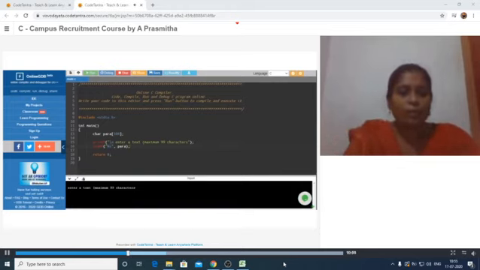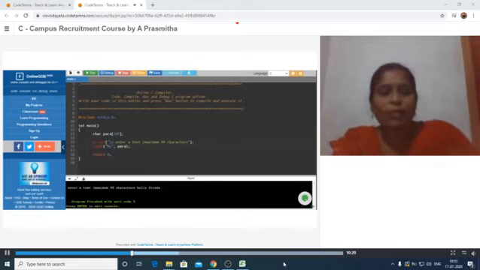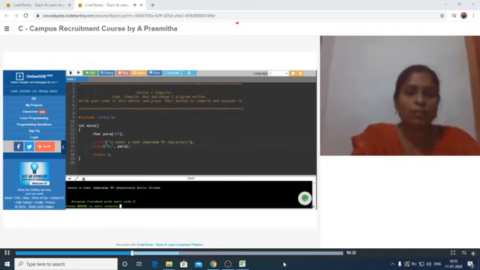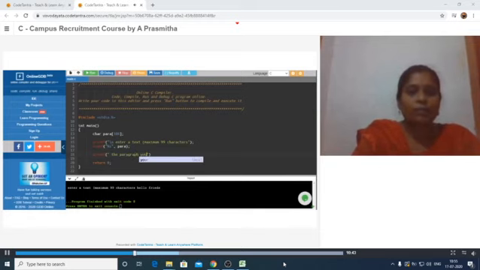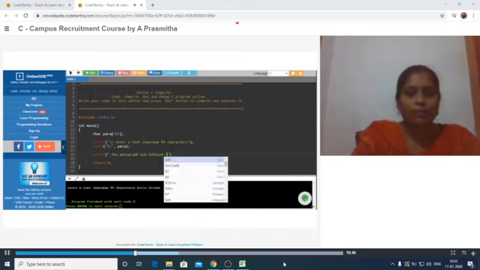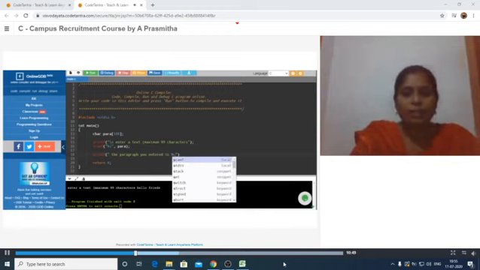Now say it is asking to enter a text up to 99 characters. Now I am trying to give hello, sorry, hello friends, and now I am going to press enter key. Now you see what will be the output. I have not written any output statement, so we cannot see here. Now I am going to include the statement printf, and I am going to print: the paragraph you entered is %s, comma, para.